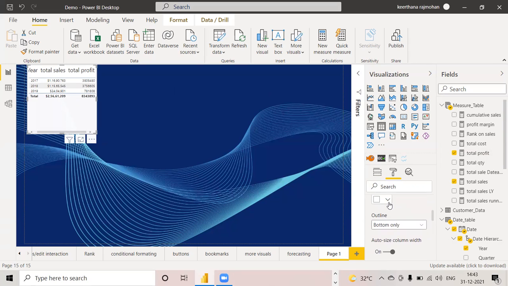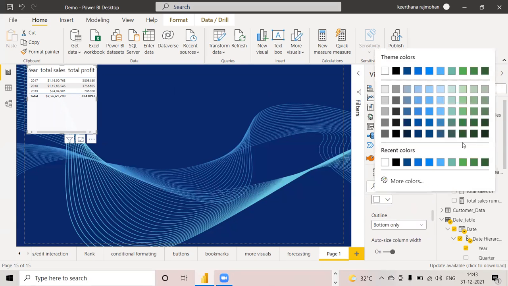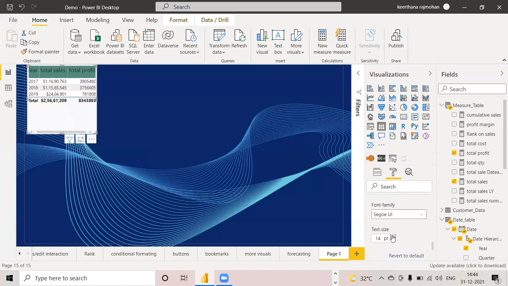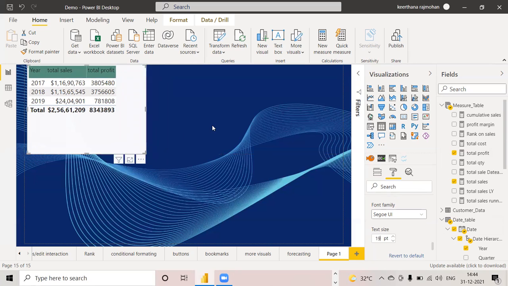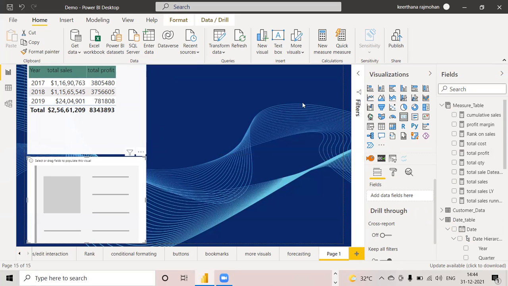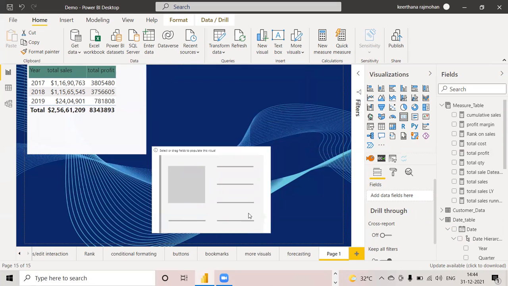Values also I will increase the size. So this is my table 1 and I will use a card visual here.